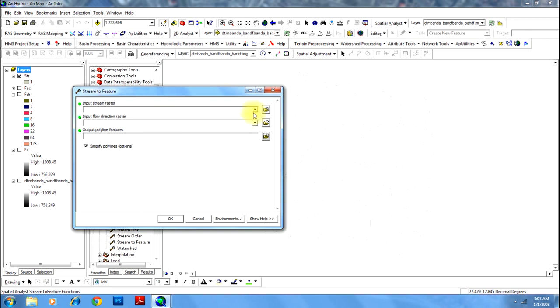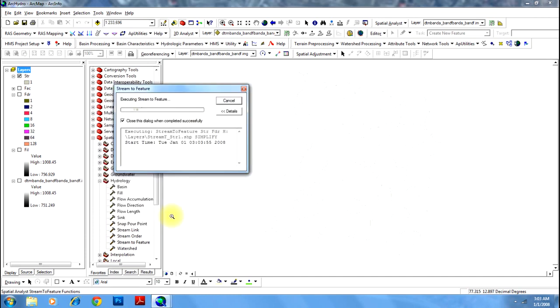Select the input stream raster, that is whatever you have. Then you need to specify the input flow direction raster, that is FDR in our case. You can change the output folder where you want to save this file. I'll consider it as default and click OK.